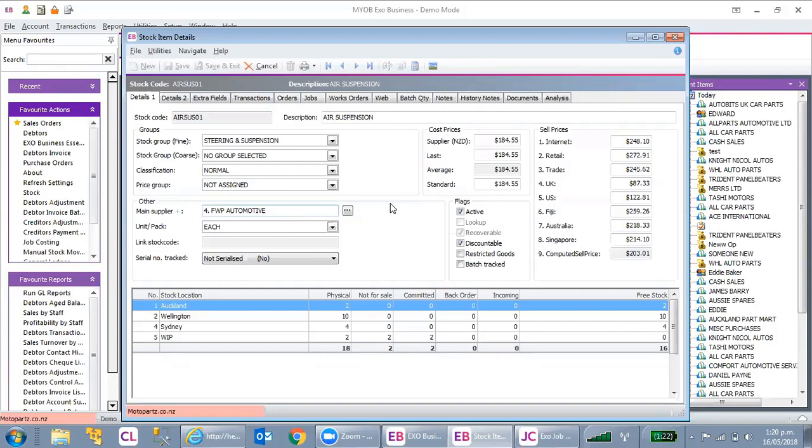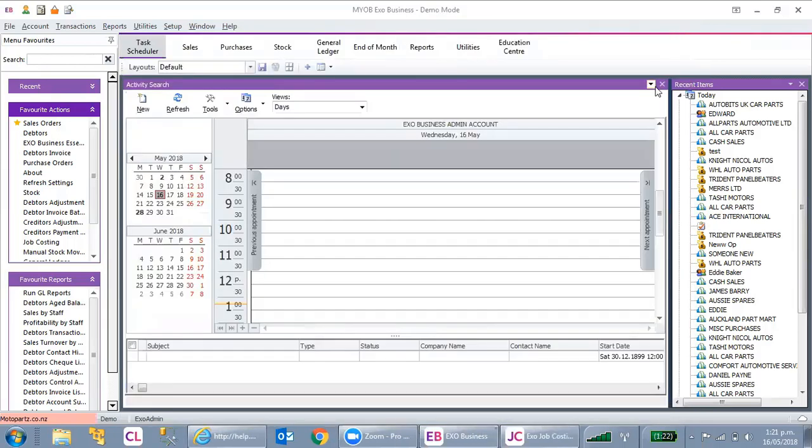Right, so that's it as a quick summary of the features in 2018.1 and 2018.2 and the two modules which they've included for free, fixed assets and serviceable units. If you want to know more about the features, this is just a brief summary. There are more features. These are just the ones top of mind that get commonly used by our clients. But if you want to know more,